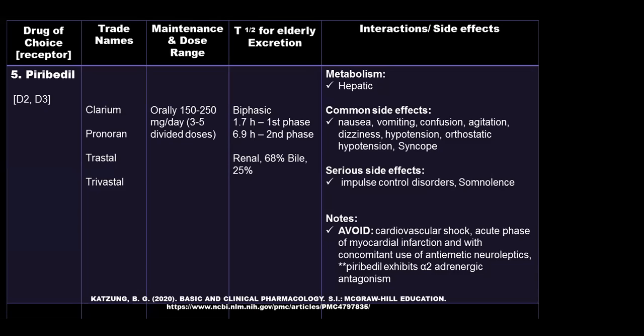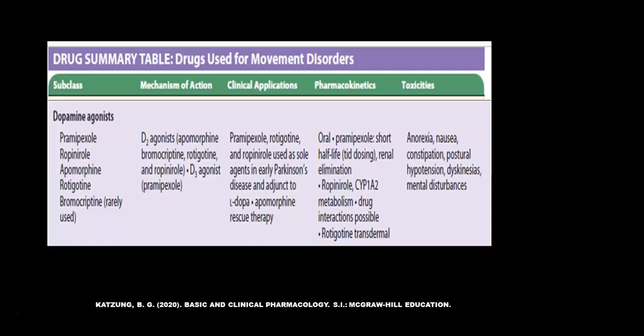In terms of circulatory effects, this drug can produce vasodilation due to the alpha-2 adrenolytic activity, and a sympathetic increase of heart rate, plasma renin, and aldosterone level. Due to all of these, side effects such as orthostatic hypotension and/or syncope are noted. Next, please. So this would be the summary of the dopamine agonists.